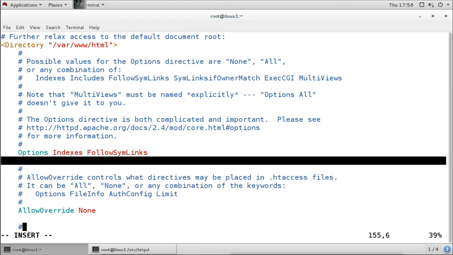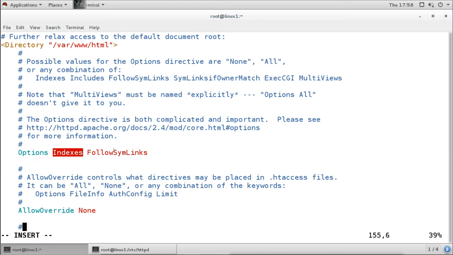If the administrator is hosting a site and has added this option to the website directory, then that website is vulnerable to the directory traversal attack.